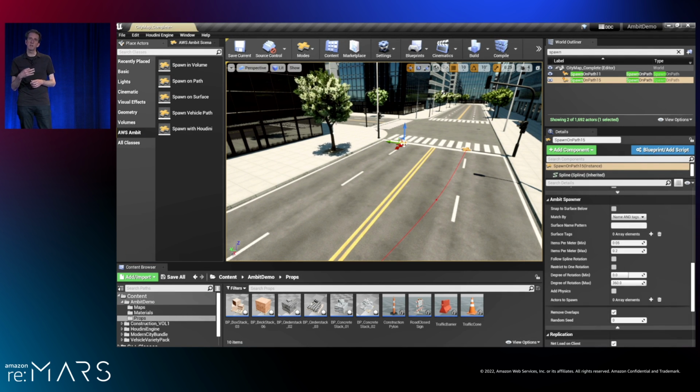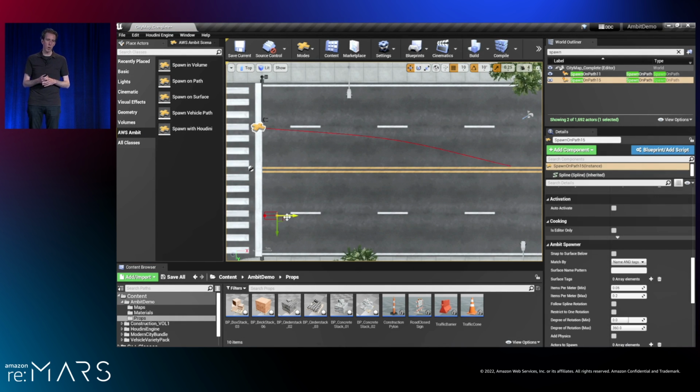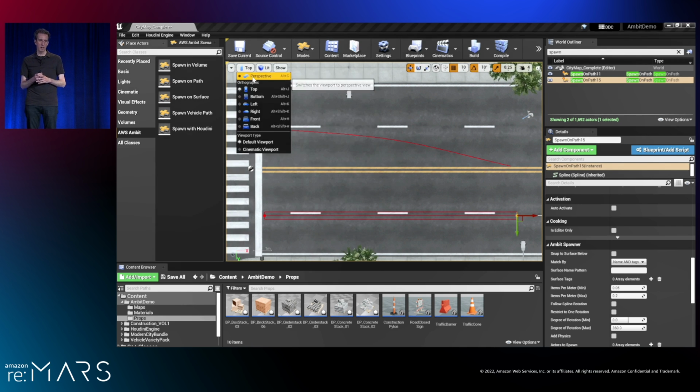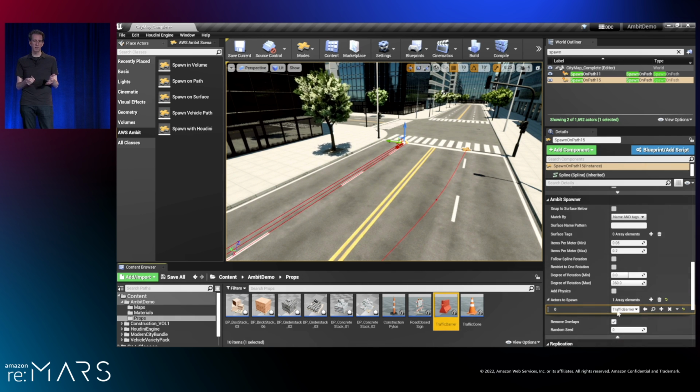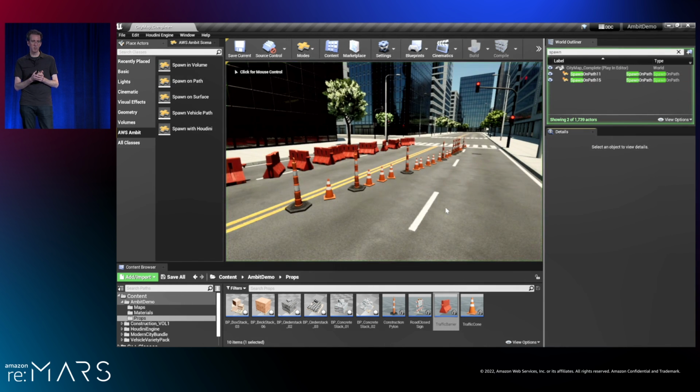So I'm going to quickly use that same tool again to create a row of barriers on the other side of the street. And this will give me an opportunity to show you one more feature of this particular tool. So I'm going to use very similar settings. I'm just picking a barricade element here, same density and same snap to ground.